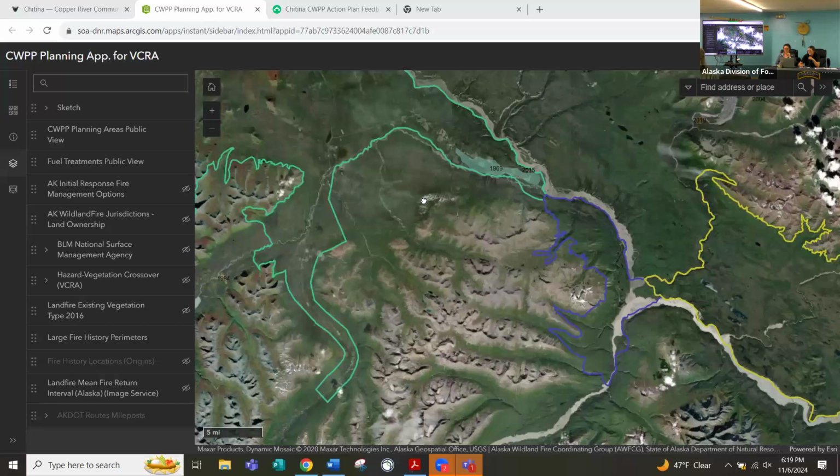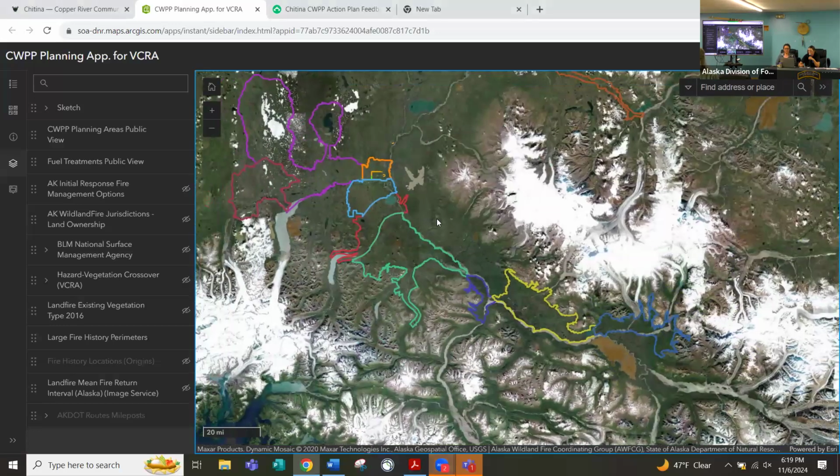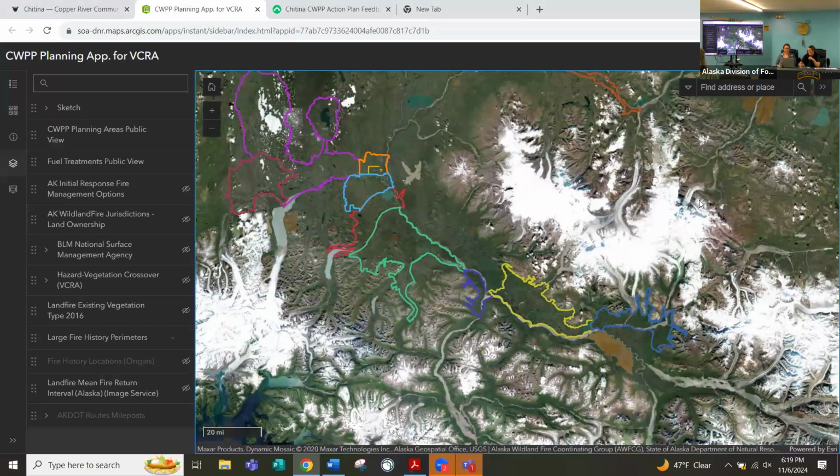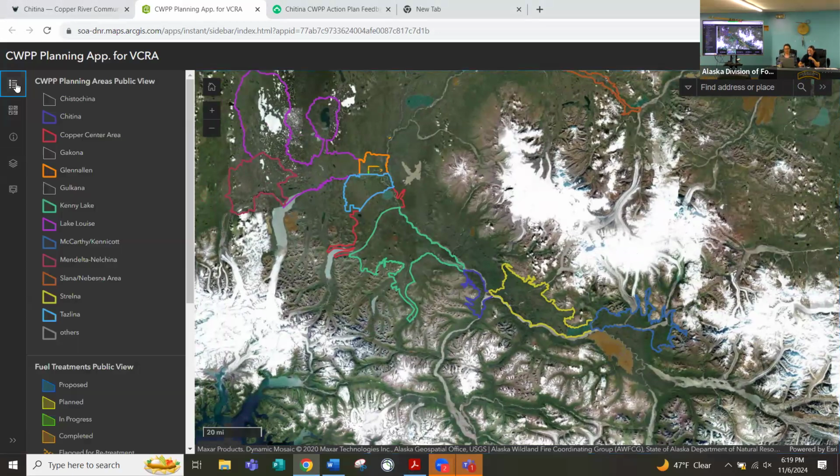When it first opens up, it essentially shows the Copper River Basin area. Over to the right where you see the snowpack is where the Wrangell Mountains are. And all the colored outlined areas on that map are the different community CWPP boundaries. There is a key to this map.